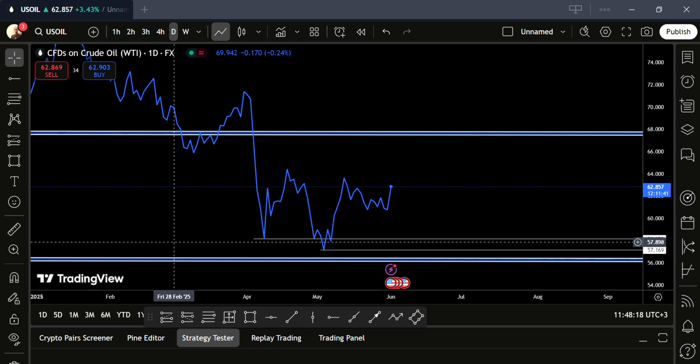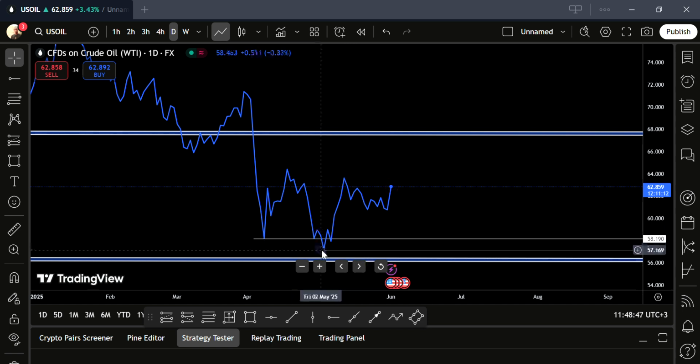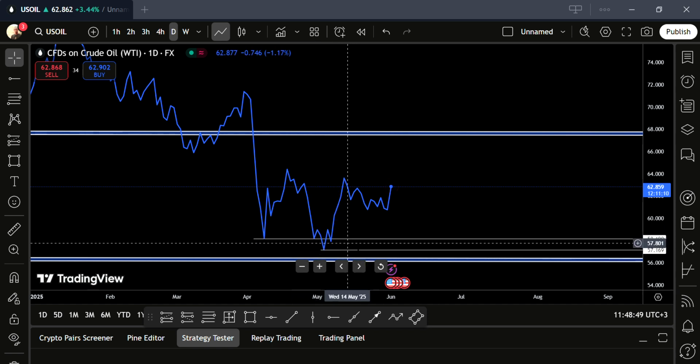But now I want you to put one thing into action, into your mind, when you're marking support and resistance. What you have to put at the back of your mind is that you should treat support and resistance areas as zones, not lines on the chart. The lines will help you identify the turning points, but support and resistance area should be a zone. So for example, this zone in between here, in this point and this point,